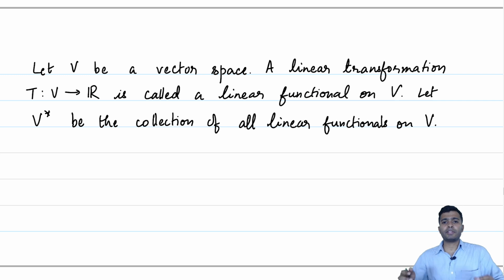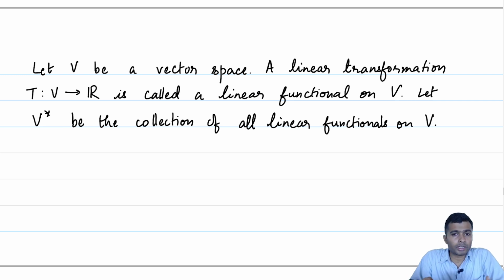Right. So, in the previous week, we discussed how we can add two linear transformations. So, if V and W are two vector spaces over R, and suppose S and T are linear transformations from V to W, we discussed what is the meaning of S plus T. We also discussed the scalar multiplication of a scalar to a linear transformation. So, if T is a linear transformation from V to W, we talked about C times T, which also turned out to be a linear transformation from V to W.